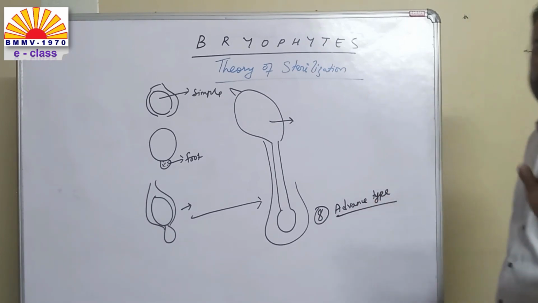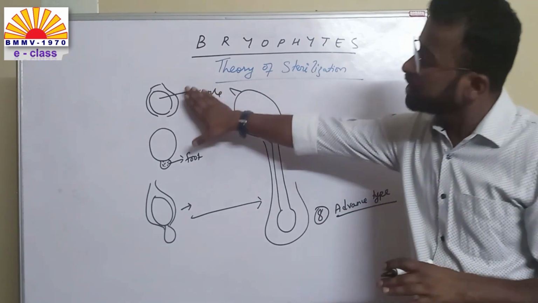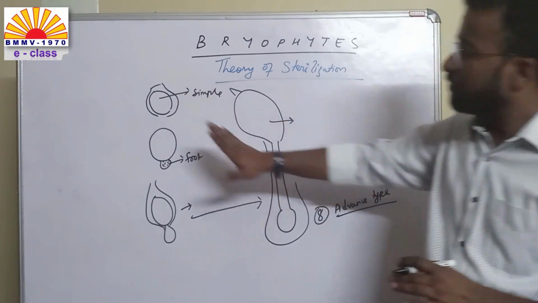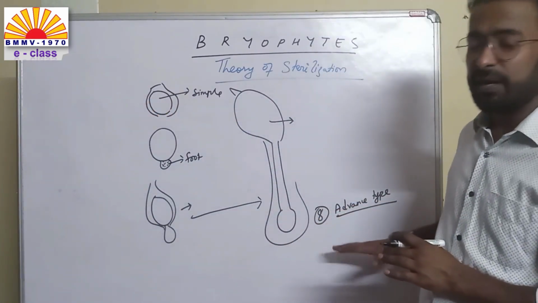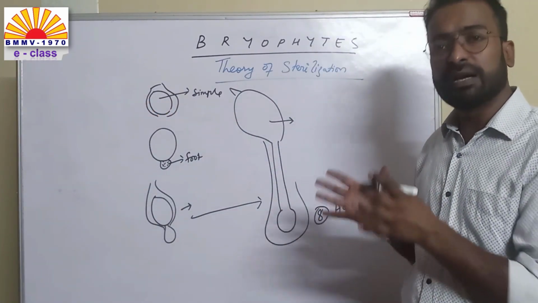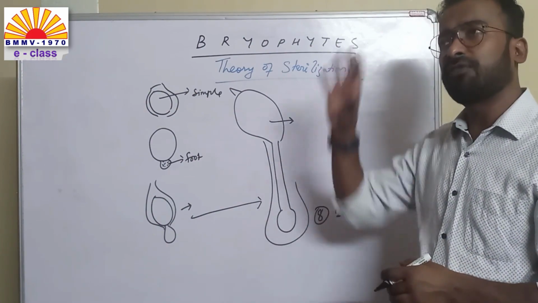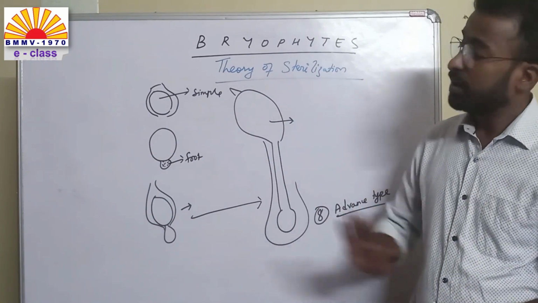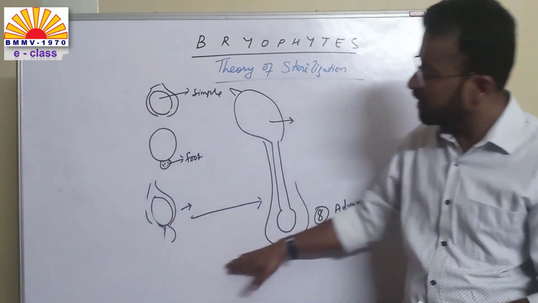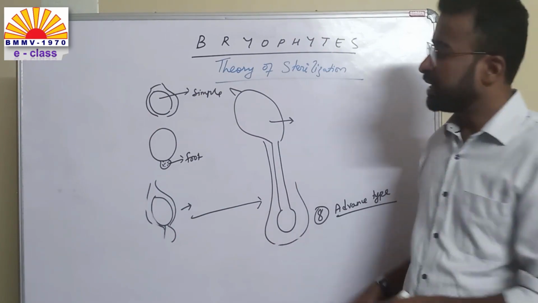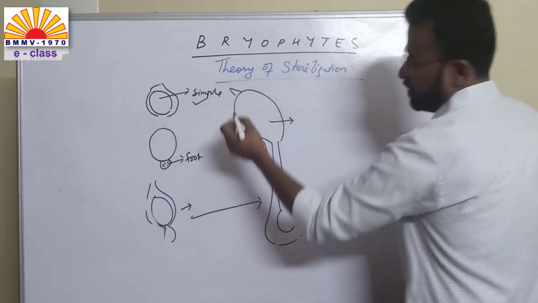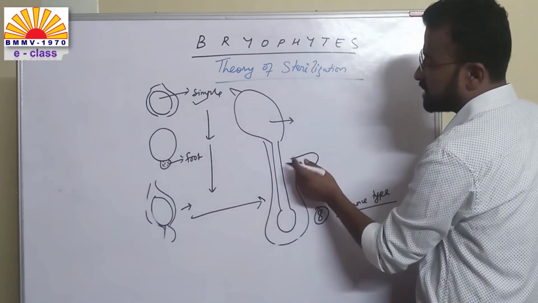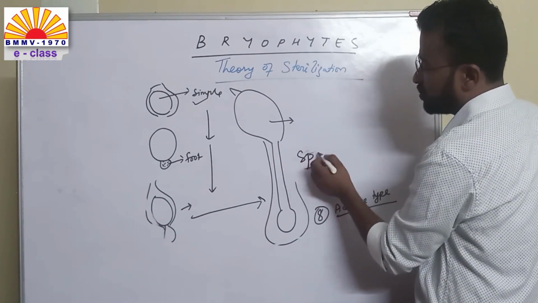This is what this theory is actually explaining. There is a progress in the course of evolution in the type of sporophyte from a simple to a complex type. There is another theory called the regressive theory, which says that from a complex type a simple type came, but that theory was not at all accepted. But this theory of progression in complexity says that from a simple type a slightly more complex type came, and then after some time the next came, and ultimately this type of sporophyte eventually evolved.